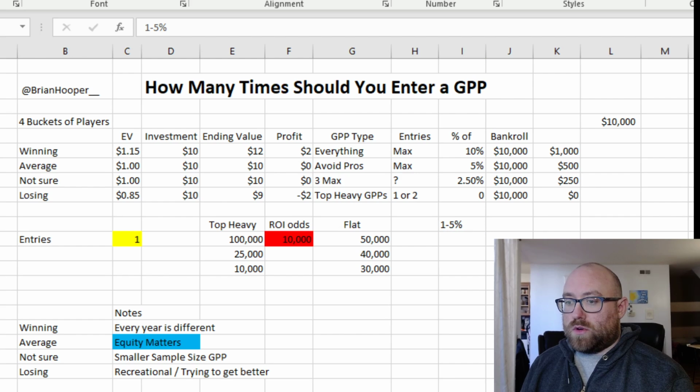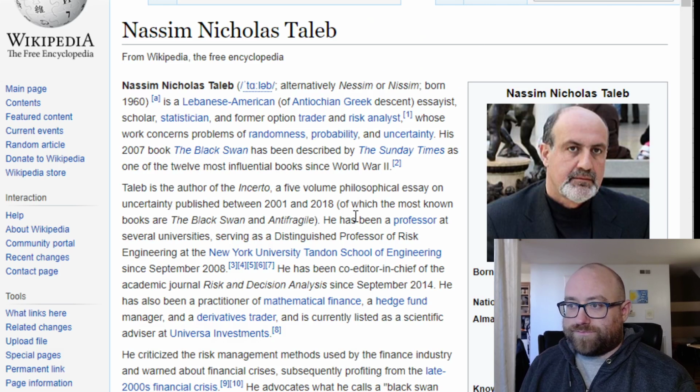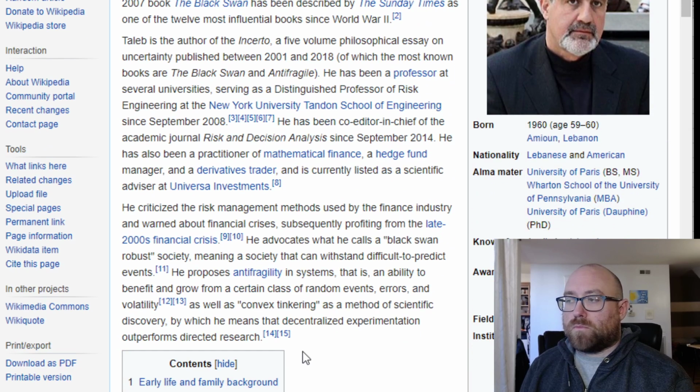So back to the Nick Taleb video. So Taleb is popular in DFS circles because he was in one of John Bales's books. I don't remember which one, but that was kind of his thesis of how he wanted to play DFS, was this anti-fragility concept that Taleb talks about in Black Swan. And he might have talked about it in Fooled by Randomness briefly. I can't remember. But the idea is